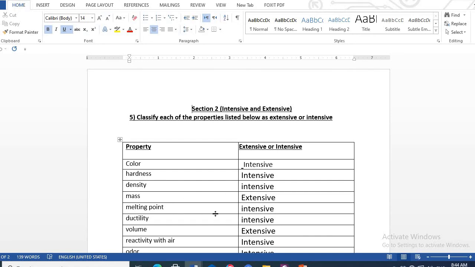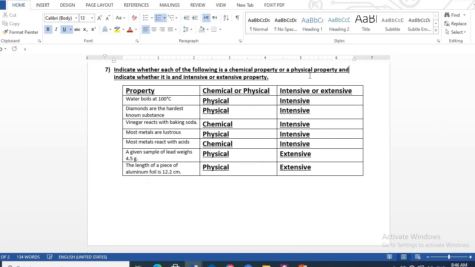Melting point does not depend on amount of matter, so it's intensive. Ductility does not depend on amount of matter, so it's intensive. Volume depends on it, so it's extensive. Reactivity with air, intensive. The rest: indicate whether each of the following is a chemical property or physical property,